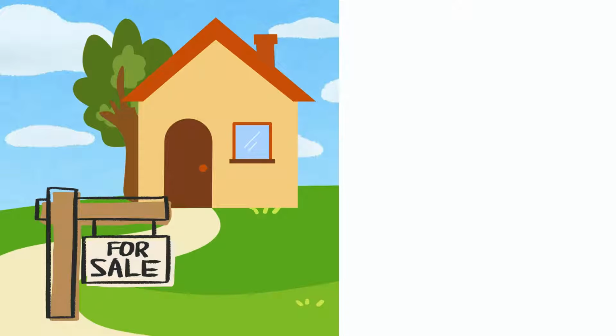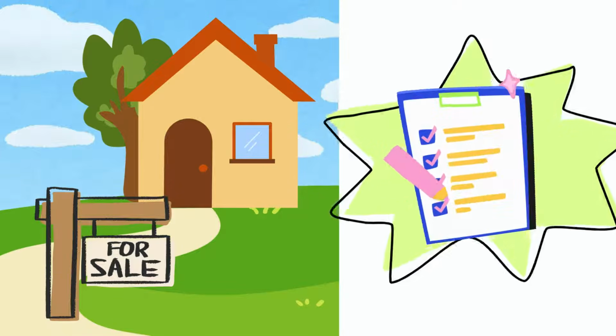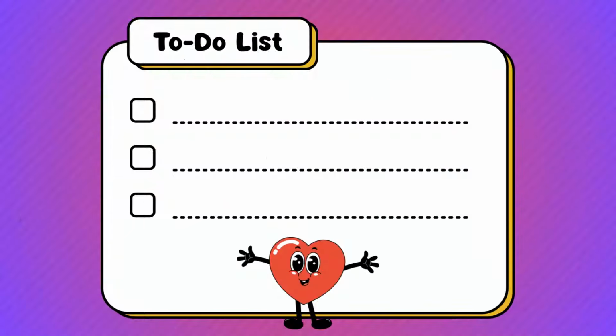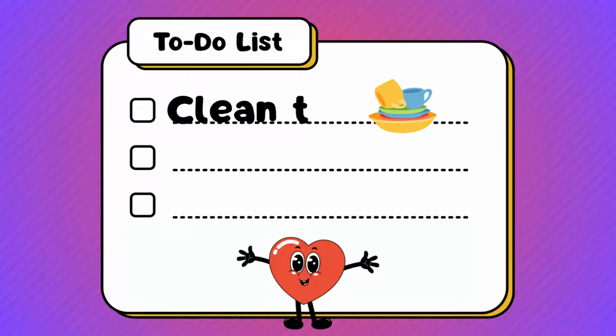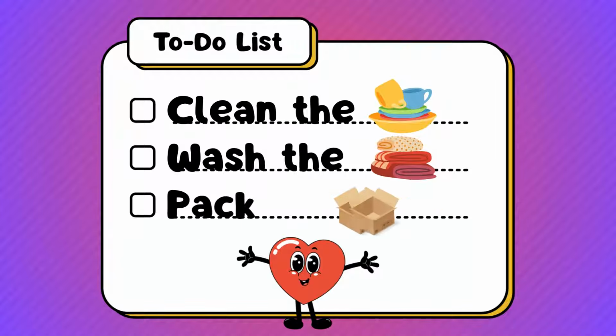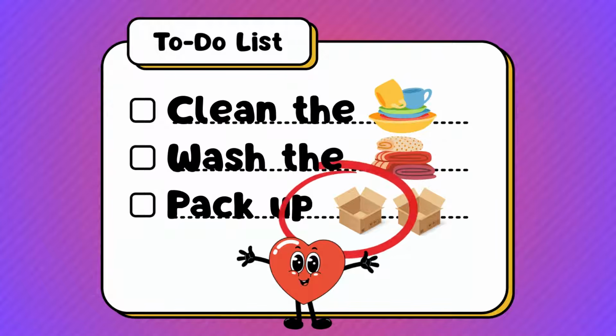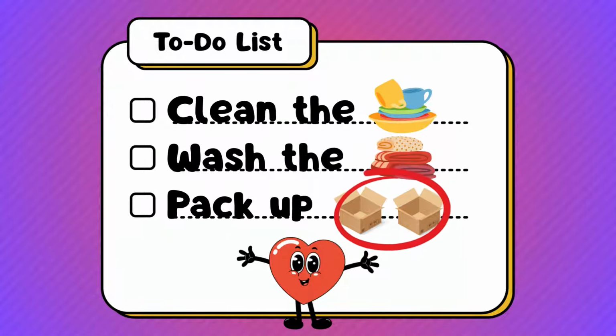I am moving to a new house and made a list of what I need to get done before I move. Here are the 3 things left on my to-do list. Clean the dishes, wash the sheets, and pack up boxes. You'll notice that there are pictures instead of words for dishes, sheets, and boxes because I'm not sure how to